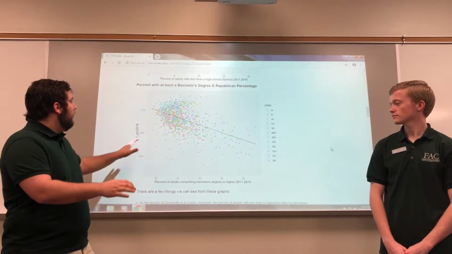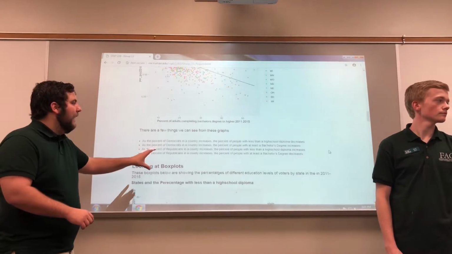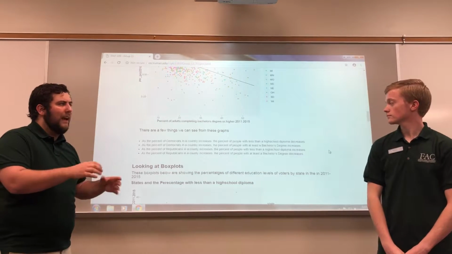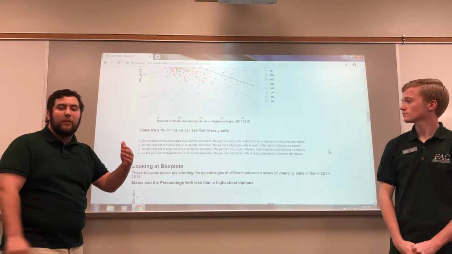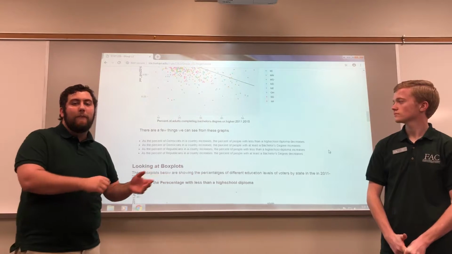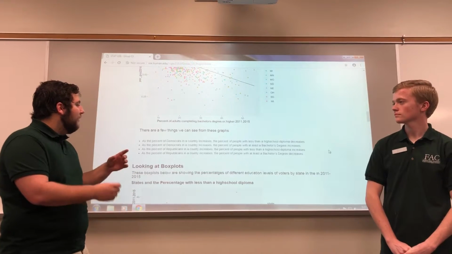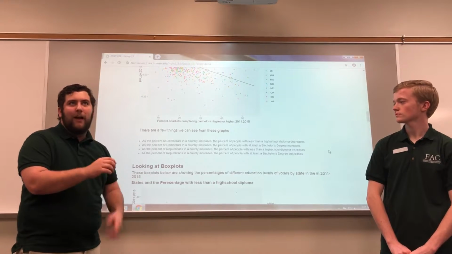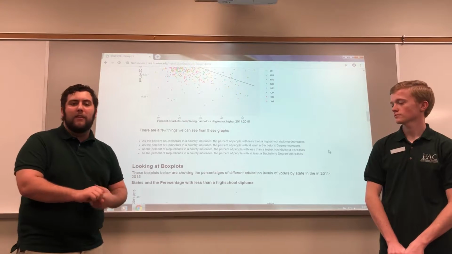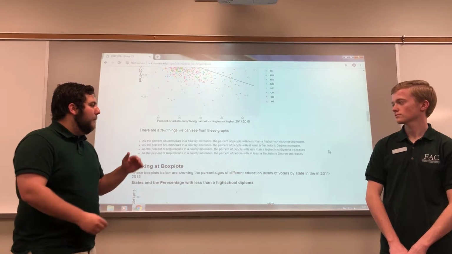And if we scroll down just a little bit, we can look at the overall conclusions we can draw from just this first data type. First, as the percentage of people without a high school diploma increases, you see the percentage of adults in that same county voting Democrat decrease, and vice versa for the Republican Party. And as the percentage of adults with a bachelor's degree or higher increases, you tend to see a higher percentage of Democratic voters in those counties, and in the same breath, a lower percentage of people voting Republican.